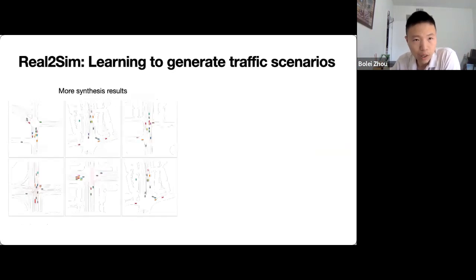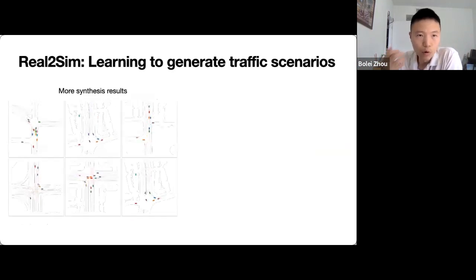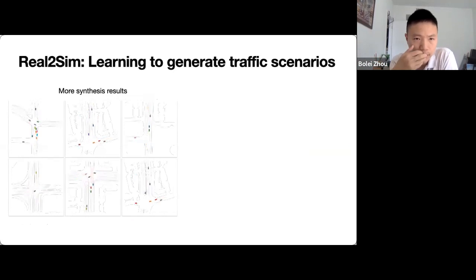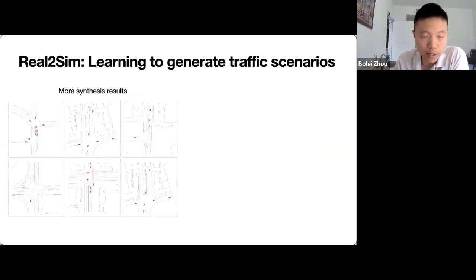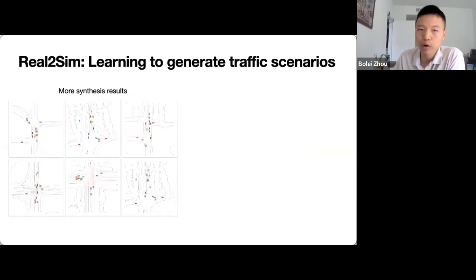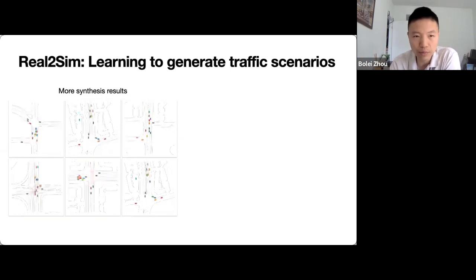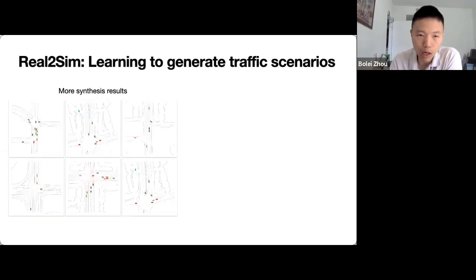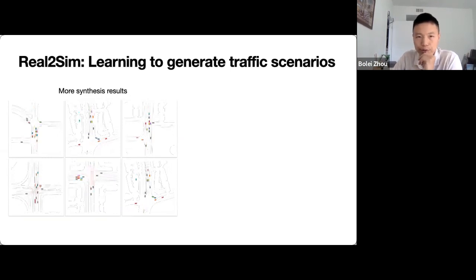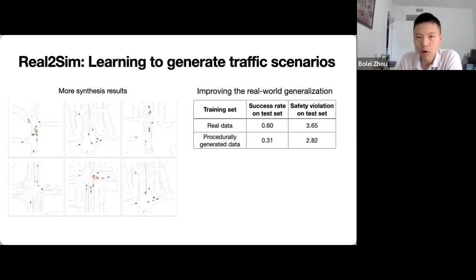So here are more synthesized results. For each traffic scenario, you will notice there are some colors. Those colors actually indicate traffic lights. So we also model the green light and the red light states in the traffic, because that controls the overall traffic flows. Based on the synthesized results, we also show how the result can be used to improve the